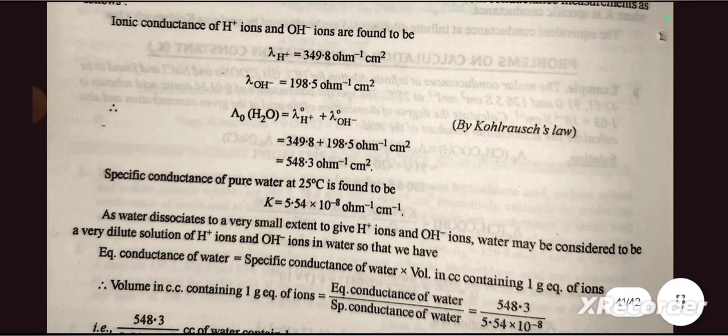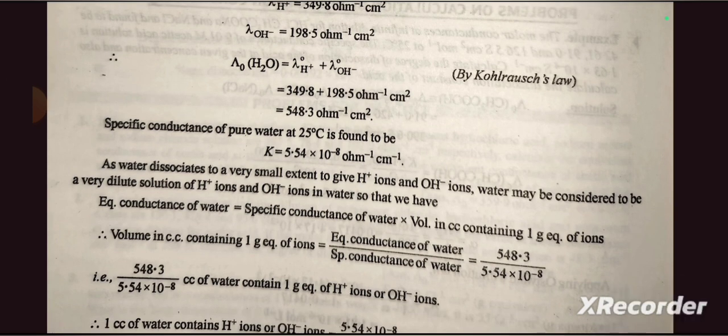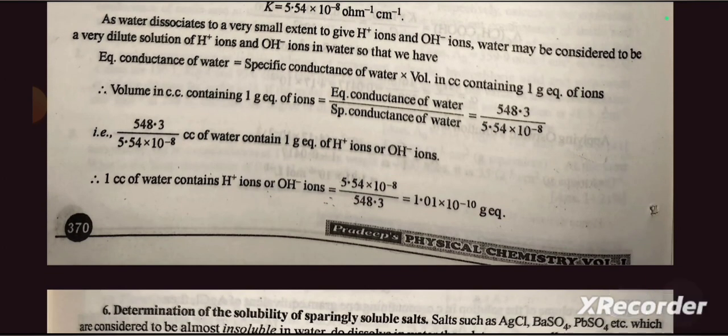measurement as follows. Ionic conductance of H positive ions and OH negative ions are found to be lambda H positive is equal to 349.8 ohm inverse centimeter square, lambda OH negative is equal to 198.5 ohm inverse centimeter square. Lambda naught H2O is lambda naught H positive plus lambda naught OH negative, which is equal to 548.3 ohm inverse centimeter square. As water dissociates to a very small extent to give H positive ions and OH negative ions, water may be considered to be a very dilute solution of H positive ions and OH negative ions in water, so that we have